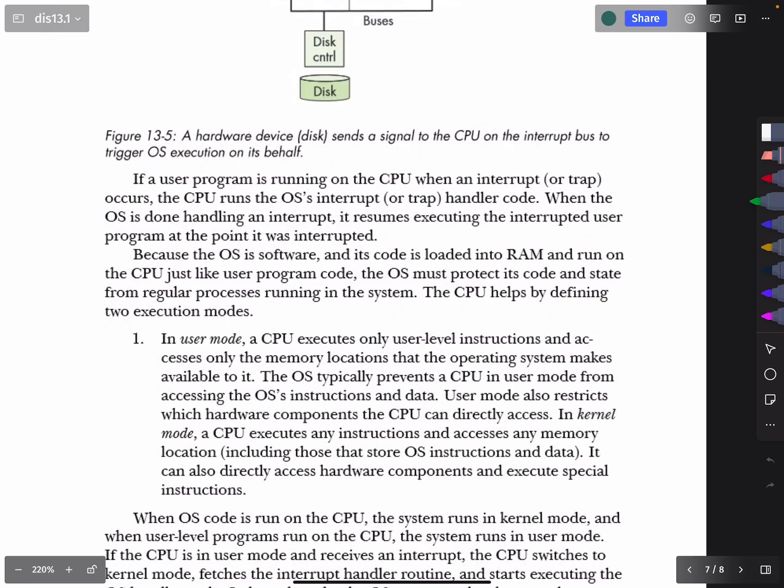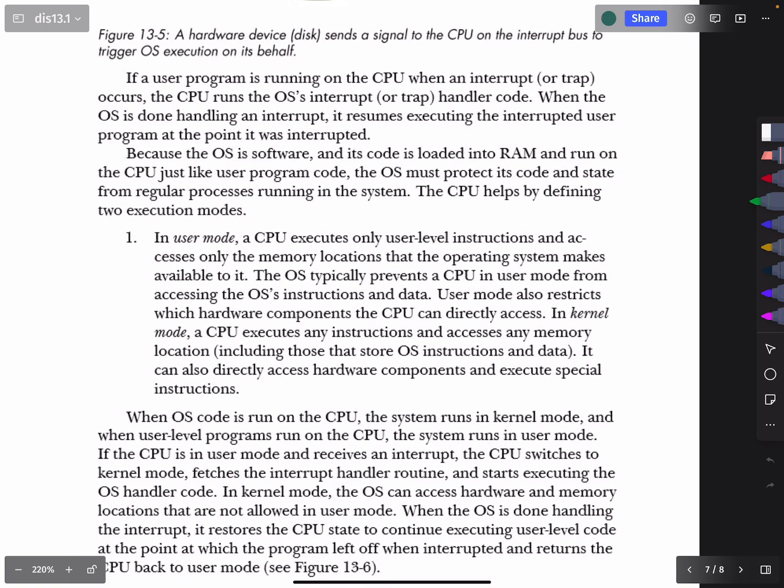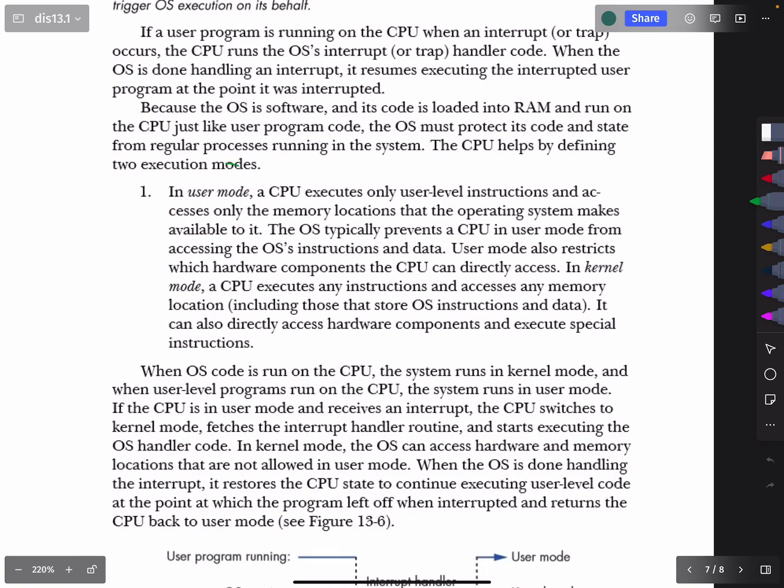But I think I did skip over something that is worth noting, just as a point of nomenclature. When hardware does an interrupt, we just call it an interrupt. But when the software does an interrupt, we often call it a trap. So anyway, there's also this useful distinction between user mode and kernel mode for requests that are sent to the